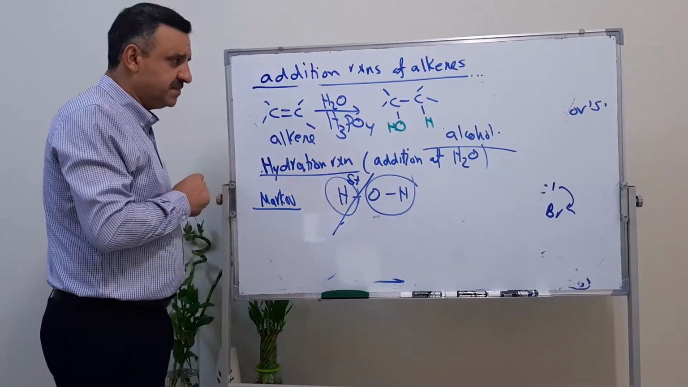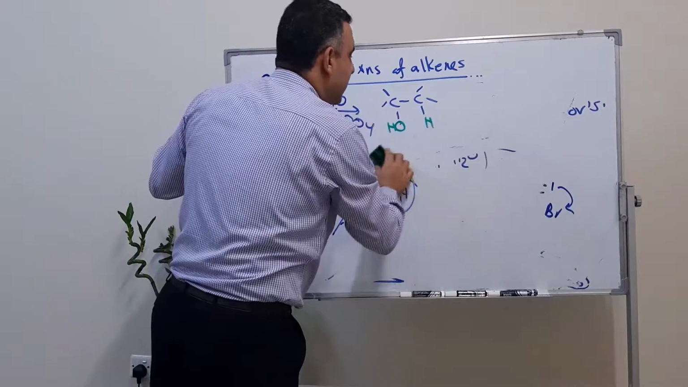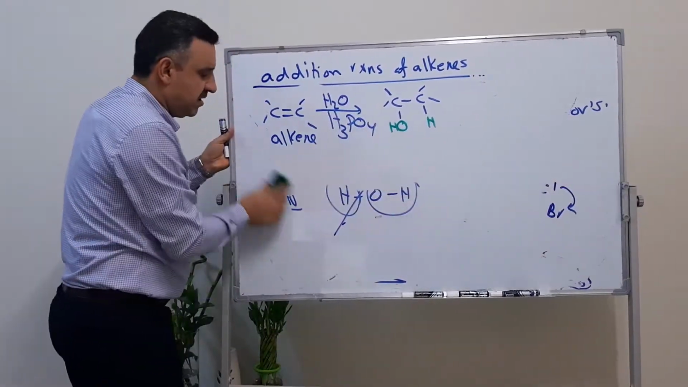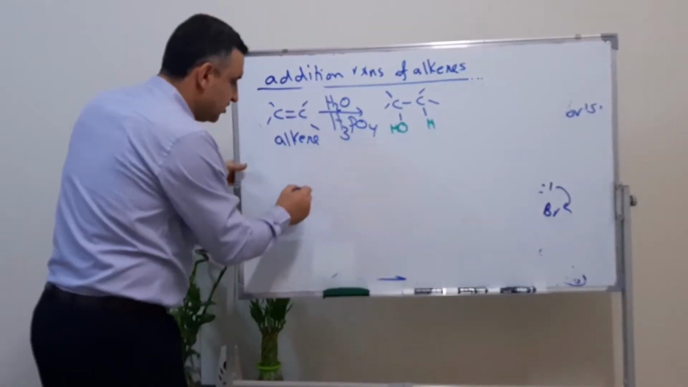So what we said here is that the hydrogen, which is the electrophilic part, should add itself to the carbon with the greater number of hydrogens. For example,